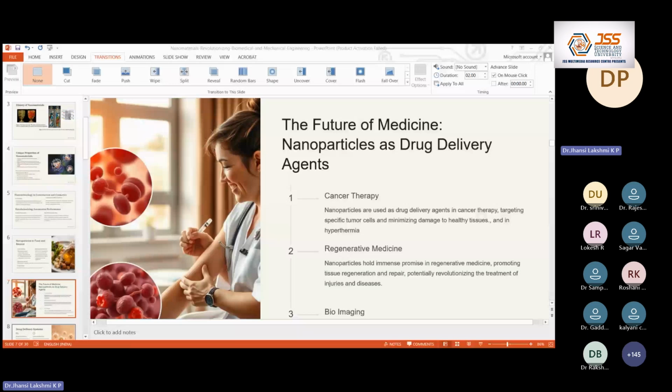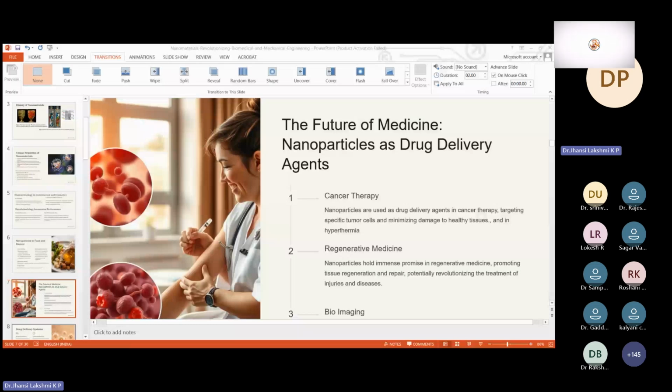This will increase the toxicity inside the patient, and the patient will become very weak, eventually leading to the death of the patient even after so many chemotherapy sittings. But because of these nanoparticles, they are acting as drug delivery agents. That means when the cancer drugs are inserted into the nanoparticles and sent into the body, they work as drivers which will take us to the destination.